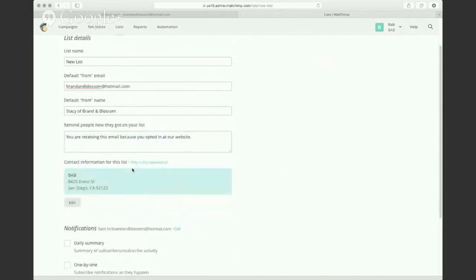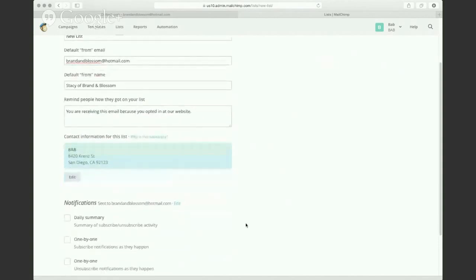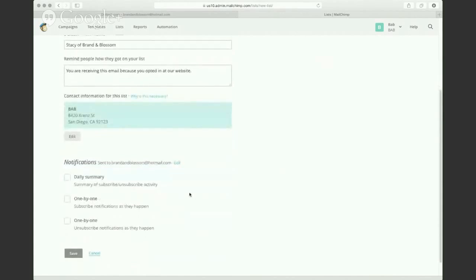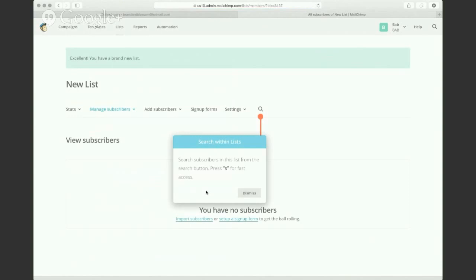This contact information is necessary by law, so make sure this is your actual legal information. It actually is against the law to send an email under a false address, so don't do that. This is just a tutorial, so that's why I put that there. Okay, so I hit save, and